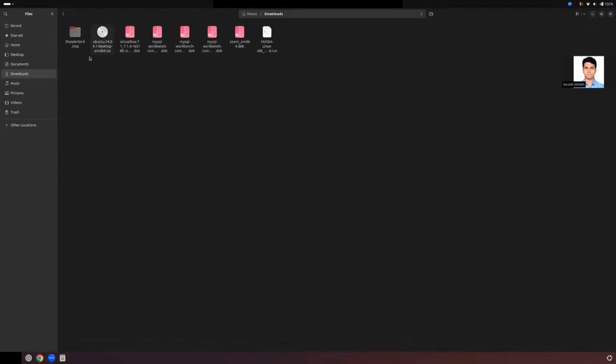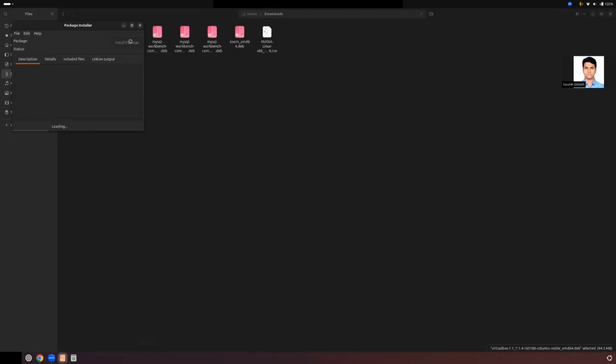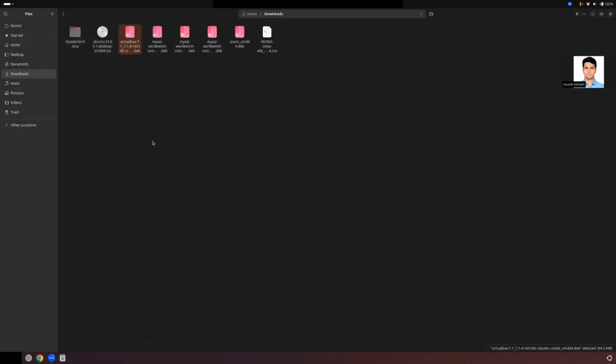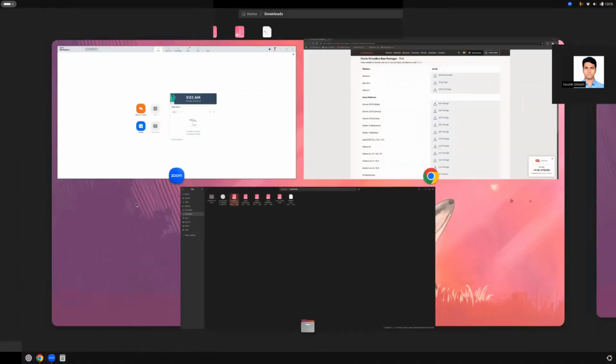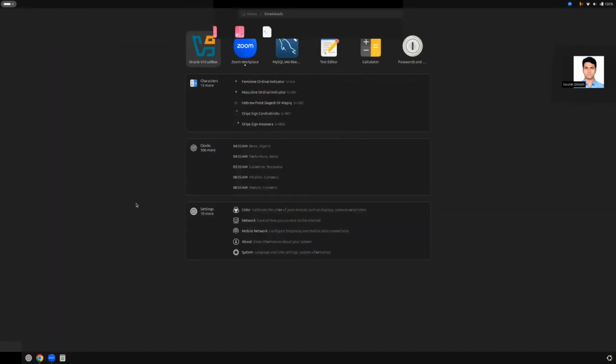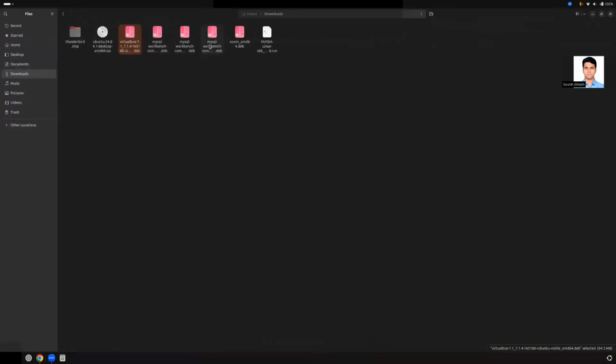So you will download a file similar to this. And if you click on this, it will open up an install package option over here. Since mine is already installed, it's showing reinstall or remove. So you need to install it. And once it's successfully done, you will go to the search and type Oracle, and you will find that Oracle VirtualBox will be like this. And if you click on it,